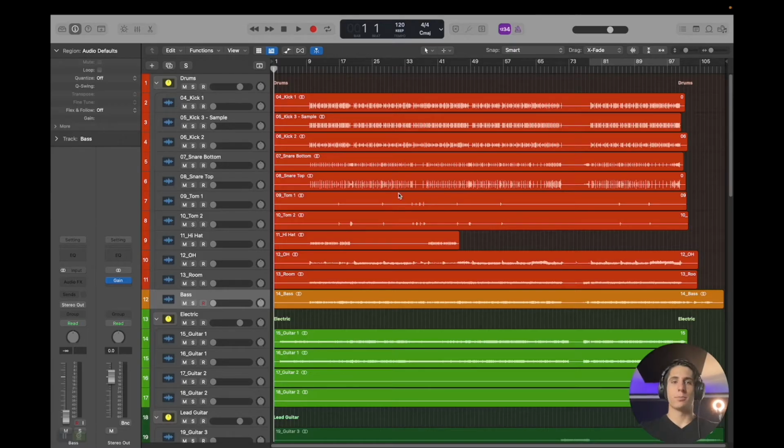The first step, really, before we start mixing is mix prep. I've already done all of that so far in this session. I've colored my tracks, I've grouped them in buses, etc., so I don't really need to go back and do any of that. But I do want to make sure that you do mix prep before you actually start into the actual mix. The first step in our mix is going to be the static mix, which is, as I've already mentioned,